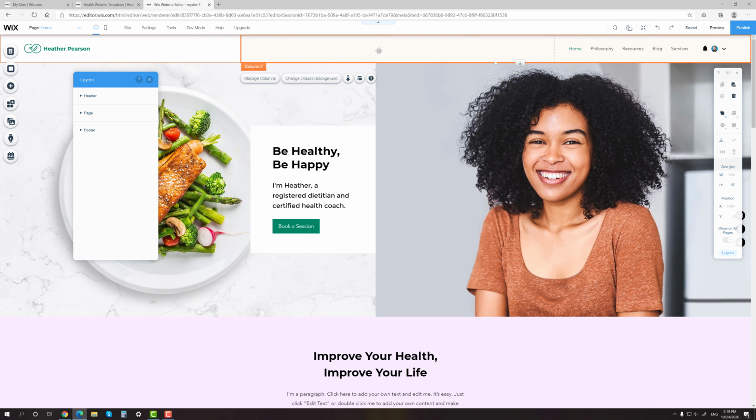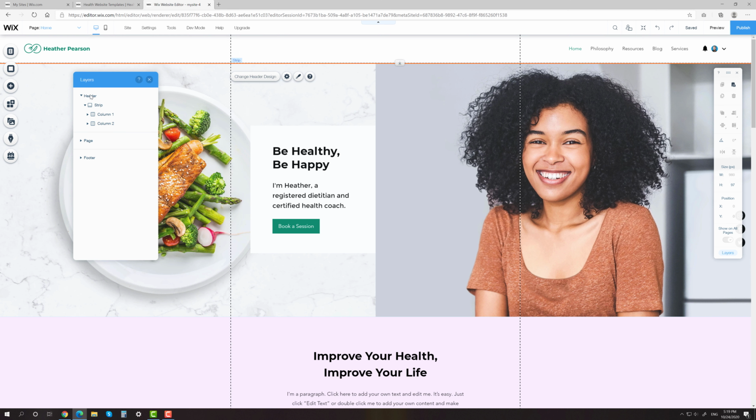For example, now I can select only the first or second column, but cannot select the entire header. That's because the Wix editor doesn't realize which exact element I want to choose. But if I go to the layers panel, I will be able to select the header without any problems. That's why it's very important to turn on its display, not to mention the fact that it's just more convenient.